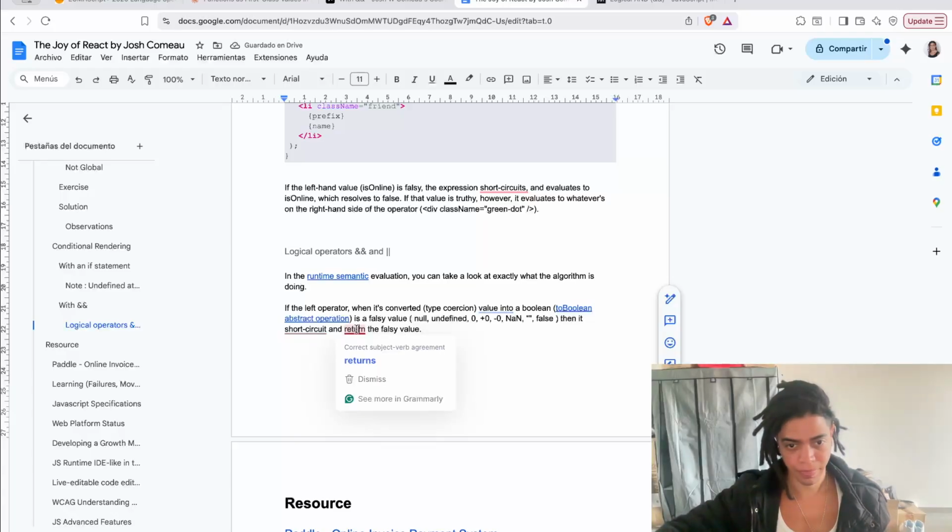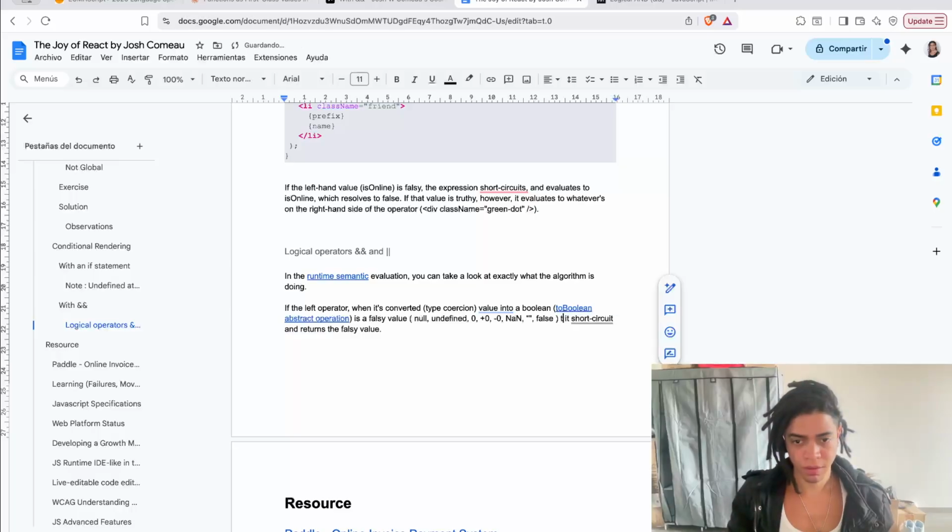Okay, it short circuits and returns the falsy value. If it's not, then return the value of the right operator. Okay,